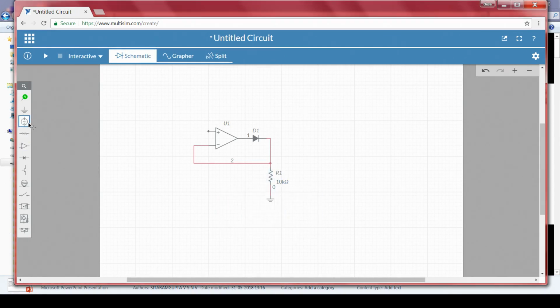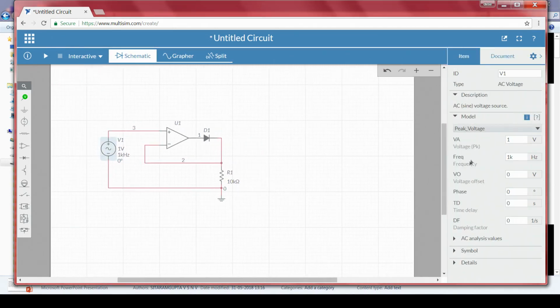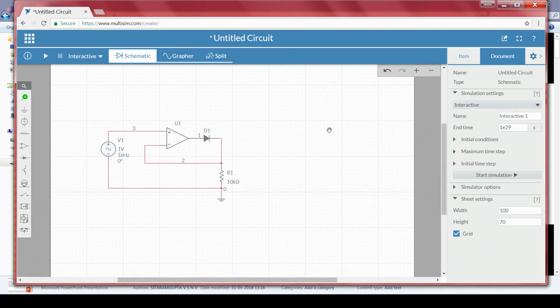Now, to understand the working of the diode, the working of our half wave rectifier, what we do is that we will connect a sinusoidal input signal, and the peak to peak value is 2 volts, because this signal is generally used to represent a peak voltage itself. Since we require the positive peak and negative peak as an input signal, so that it is easy to understand whether it is passing only the positive peaks or positive as well as negative peaks. So, we can take peak to peak as 2 volts.